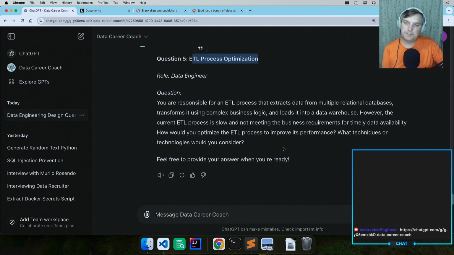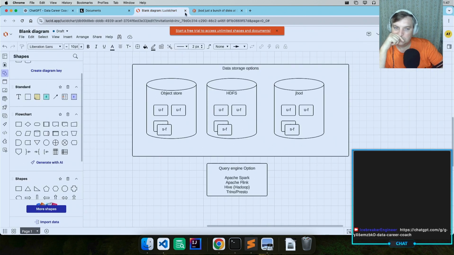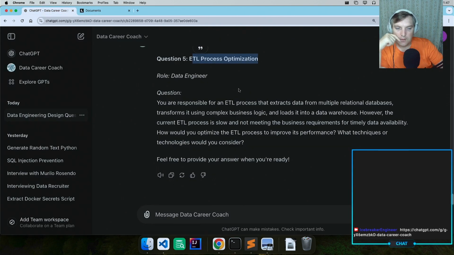Oh, yeah, I need to think about this one. The reason I need to think about this one is because I don't really do a lot of processing data from the relational databases to move into data warehouses. That's not very often what I do. So I guess